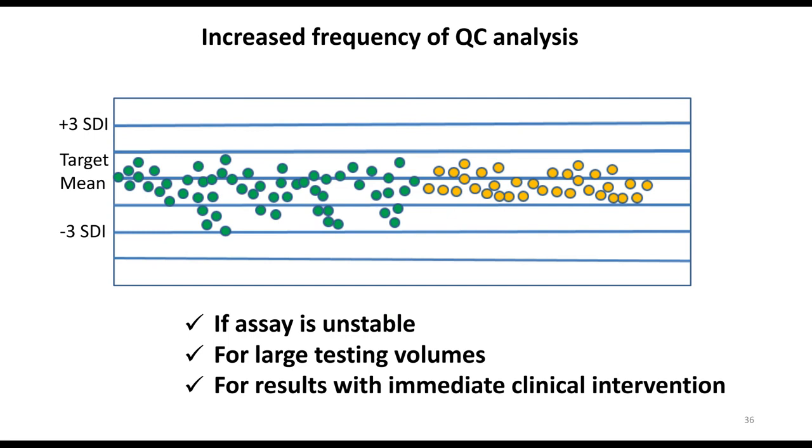It should be noted here that manufacturers' recommended QC requirements and manufacturers' recommended calibration frequencies are minimum parameters. The lab can always choose to run QC more frequently or calibrate more frequently to help keep the assay stable. QC should be analyzed more frequently if the lab performs large testing volumes in order to limit the number of patient samples affected from a single out-of-control event.